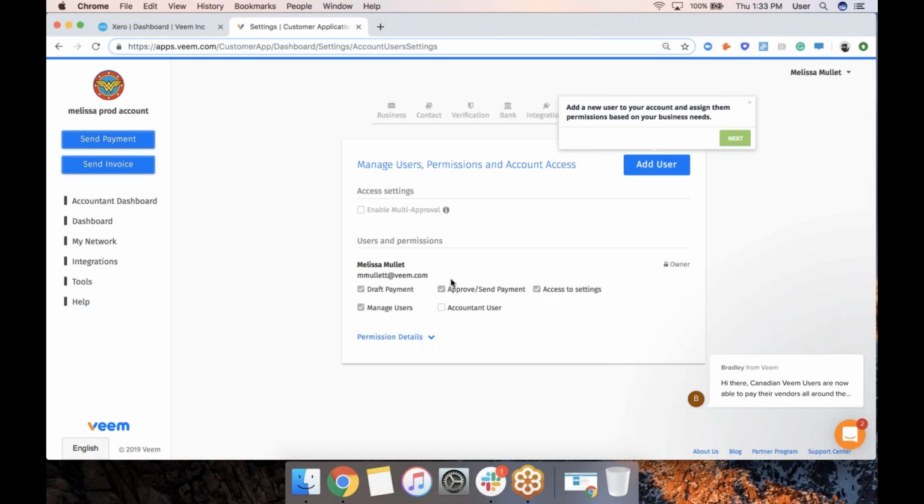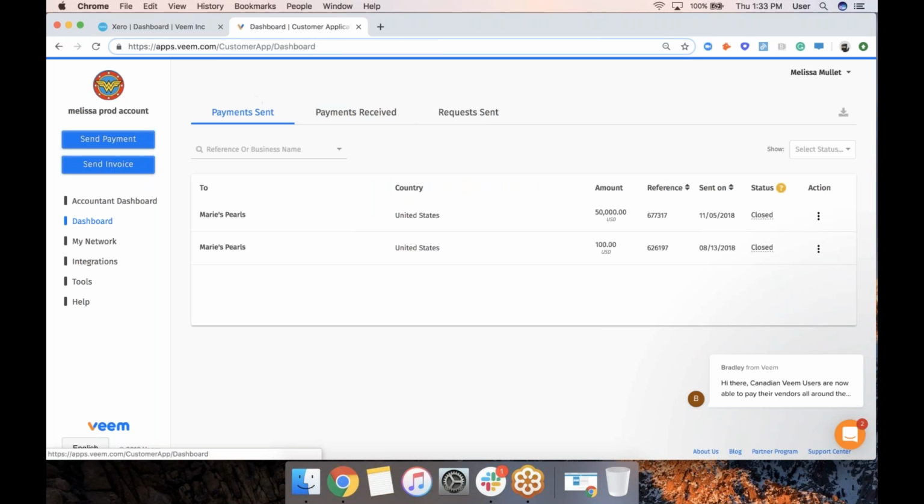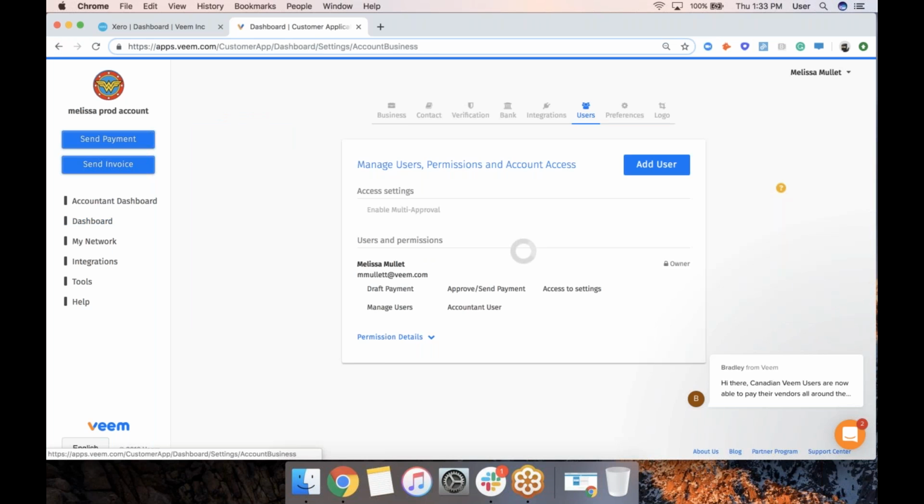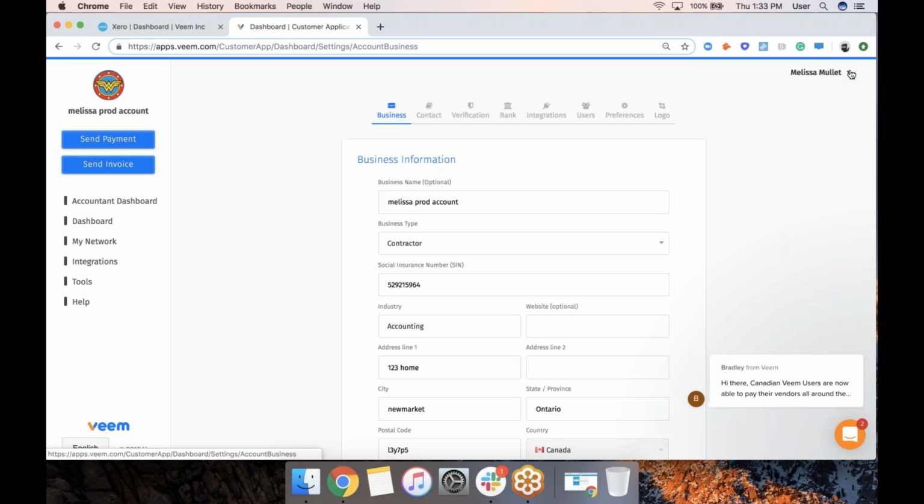So as it goes through, each one of the people under your umbrella, you can set in here. If you select they only have draft payment privileges, they can set up all the payments. When they press that send payment button, instead what it will do is prompt the master account owner that a draft payment is there for their approval. And a very nice setting is that all these notifications will be at the top of your dashboard. So if I go back to my proper Veem dashboard here,